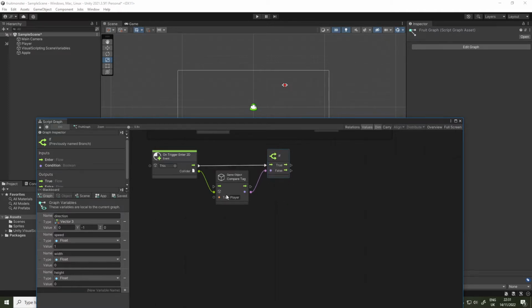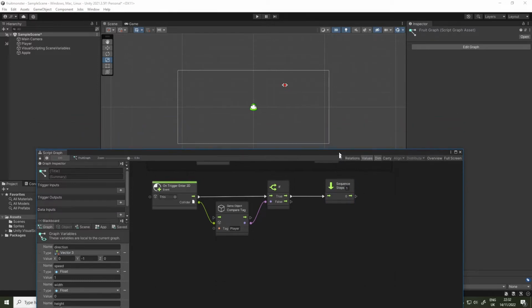So if the tag of the collider is player, then something should happen. On the true, I will attach my favorite node, sequence. I will tell it for a moment that it only has one step, and let me try